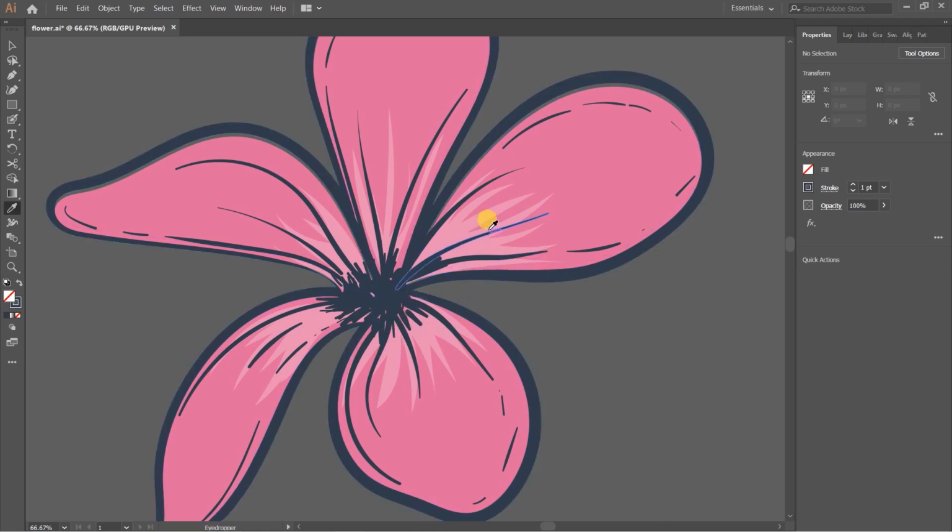Okay, now I'm going to take this color and